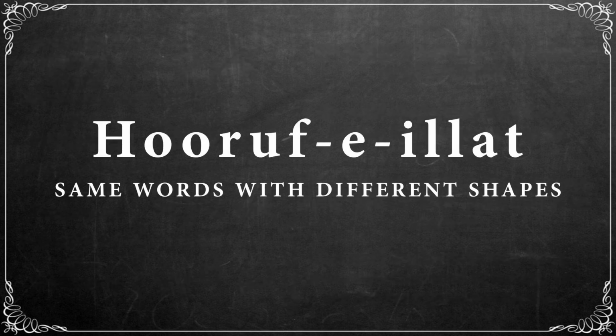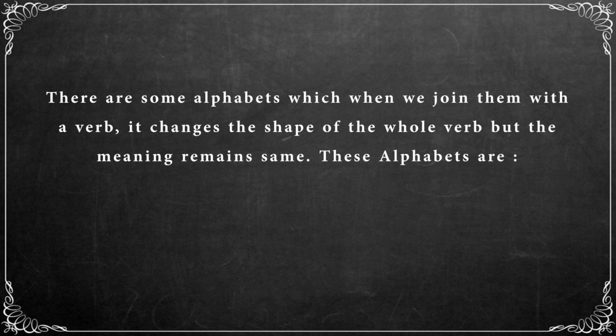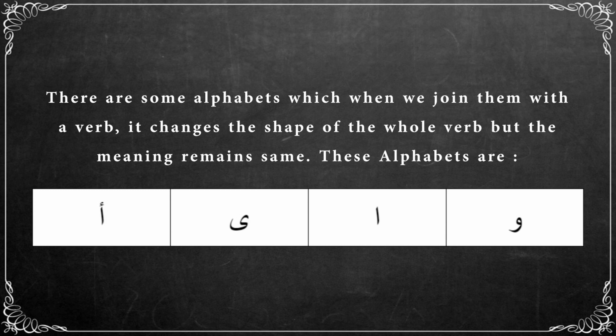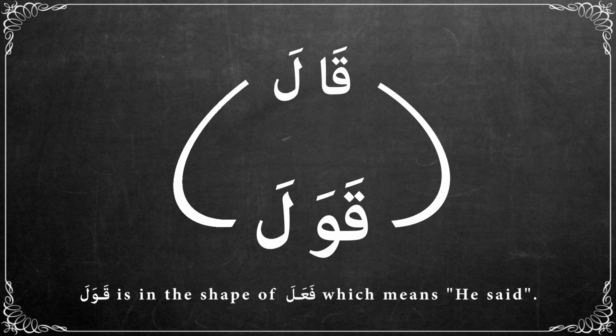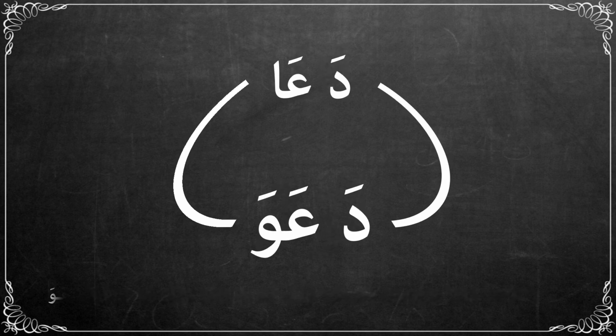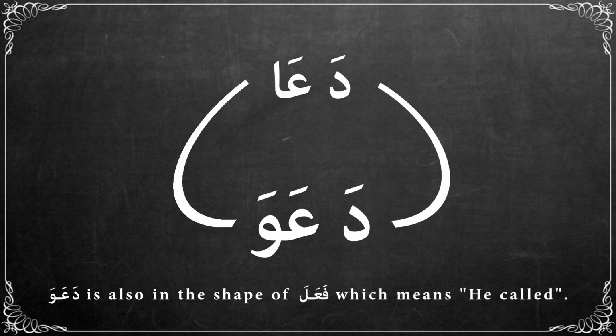Same words with different shapes. There are some alphabets which, when we join them with a verb, it changes the shape of the whole verb but the meaning remains same. These alphabets are: قال comes from the word قول. It is in the shape of فعل, which means he said. دعا comes from the word دعوة. It is also in the shape of فعل, which means he called. Some more examples of these are